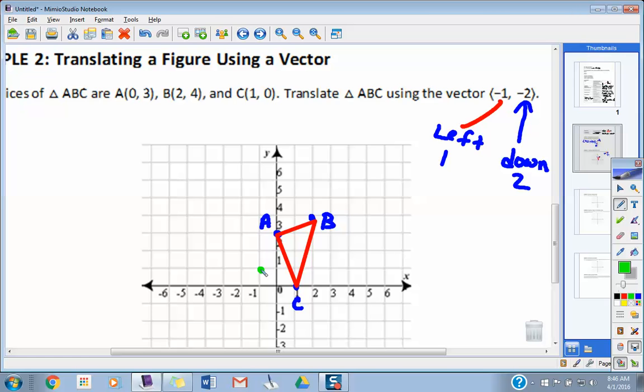And what we call this, guys, is the following. We say, hey, this is not A, but actually it's where the image falls. This is going to be called A. Yep, and we read that as A prime. We read that as the point A prime right there. Okay? You do the same thing with points B and C, and once you've got those plotted,